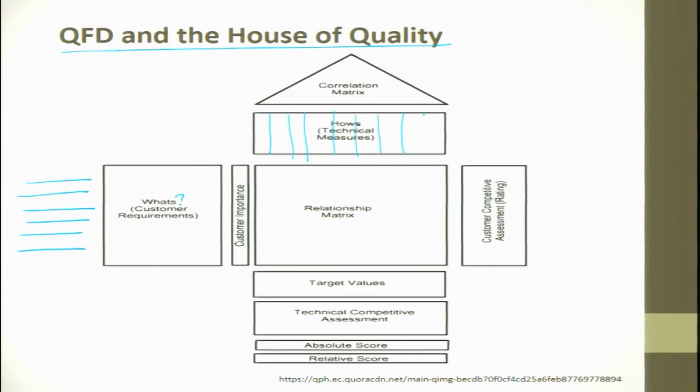For example, I want a pen less than 5 rupees. Naturally, you have to look at the material property. I want a pen to be more reliable or repeatable, then look at the viscosity and the quality of the ink, whatever it is. So, what are the customer wants and how are they going to be done? Here you tried to put all the customer requirements and ranked them 1, 2, 3, 4, 5, 6. Now you tried to establish a relationship between the what and the how.